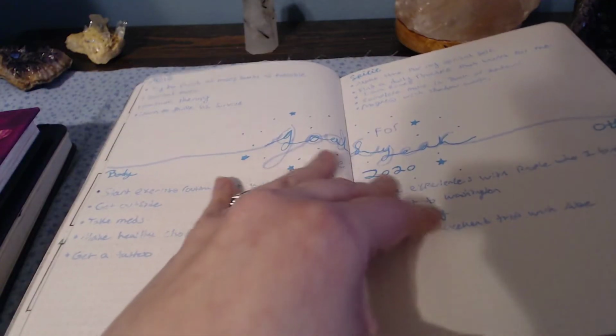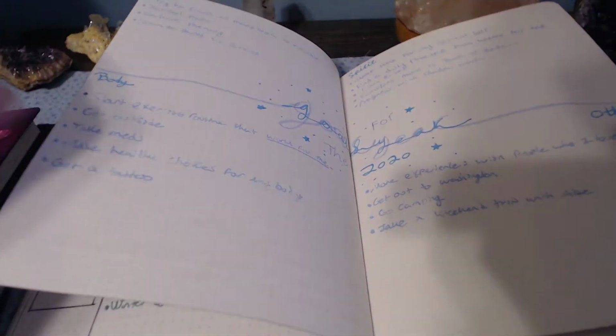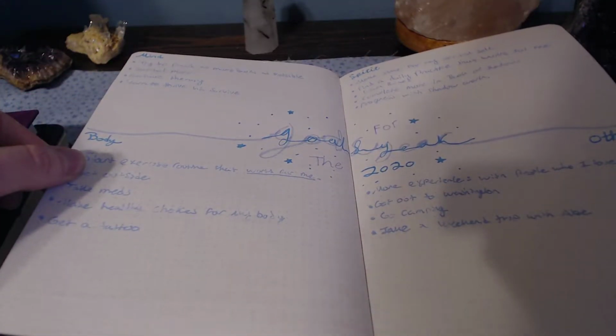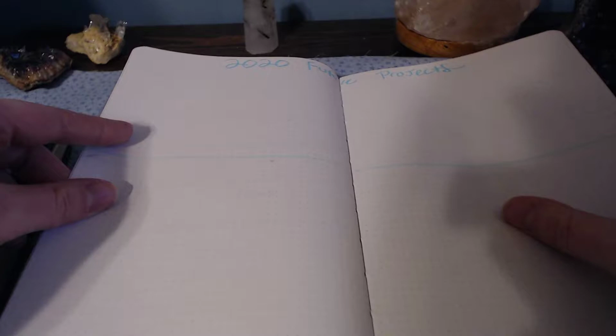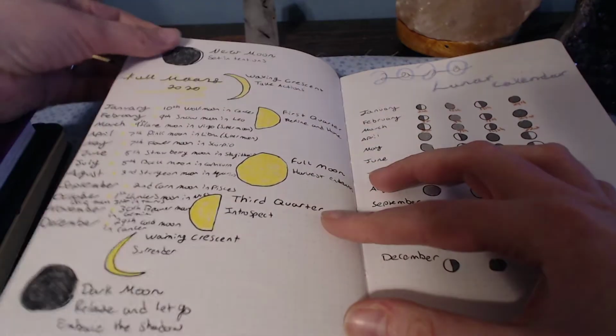Then we get into 2020. I shared this page in one of my other recent videos where I discussed goals. These are my goals for the year. And then future projects, which I decided would be kind of a brain dump for anything that I wanted to get done in the year, mostly creative projects or anything else. I do have a space further back in here for YouTube specifically, so I'm not going to share that right now. This is the 2020 moons that I did